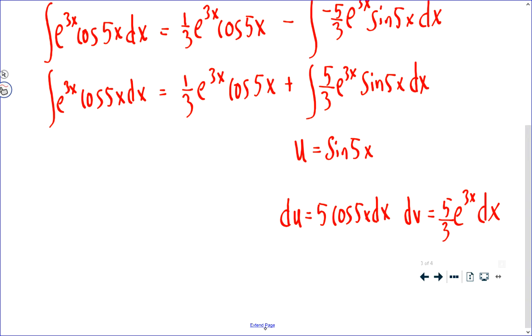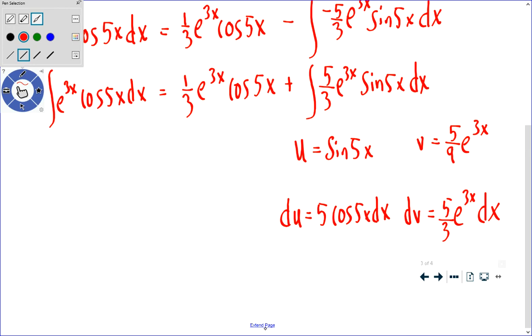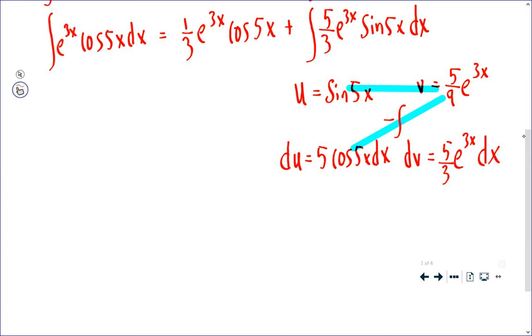I need to anti-differentiate 5/3 e to the 3x to get v, and that's going to give me 5/9 e to the 3x. So again, we are going to use integration by parts by looking at the formula. The formula says this integral will be equal to the product of these minus the integral of the product of v and du. So now we are going to have the integral of e to the 3x cosine 5x dx